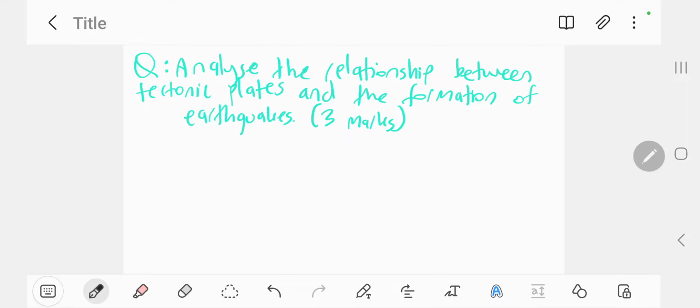In this video, I'll be making use of the verb analyse. So the question is, analyse the relationship between tectonic plates and the formation of earthquakes. 3 marks. So first step is to try and understand what the word analyse means. So analyse, according to the HSC verbs list, means identify components